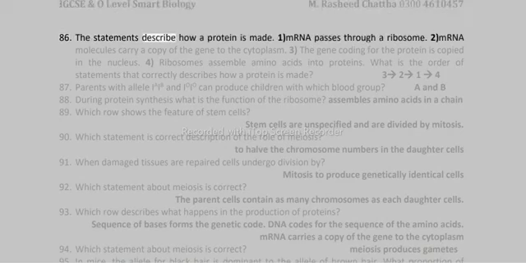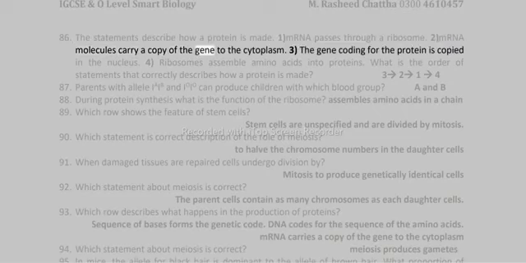86. The statements describe how a protein is made. 1. mRNA passes through a ribosome. 2. mRNA molecules carry a copy of the gene to the cytoplasm. 3. The gene